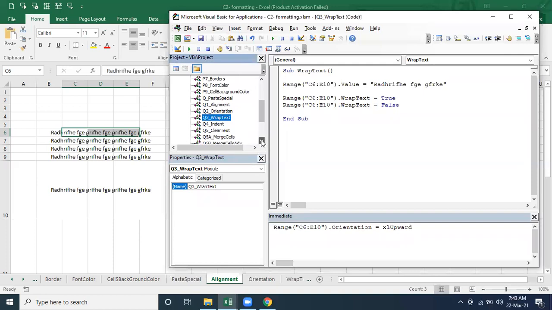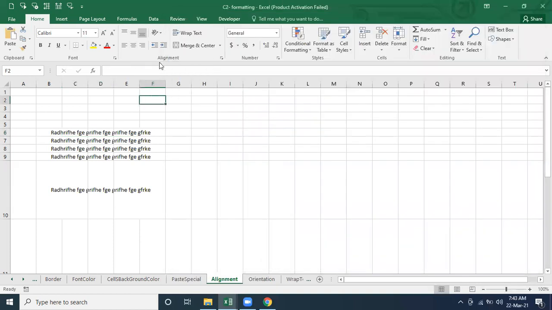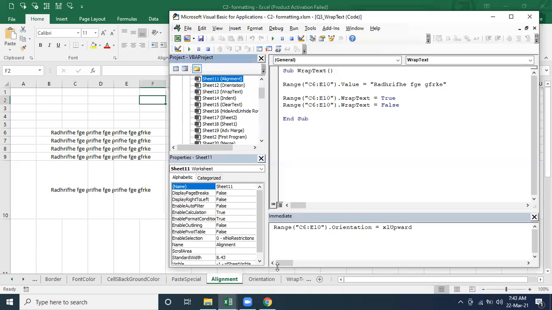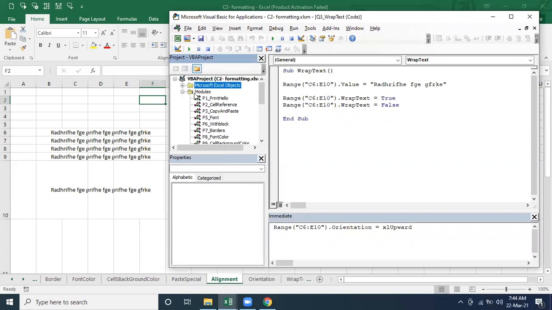Next, that is the indentation. So this is the indentation option. In the same way, we have to use Range.IndentLevel and specify the value. What value can we pass? We can't pass a negative value. It should start with 0, and then we can define any number for that value. But Microsoft VBA is telling you not to assign more than 10. So we can pass the indentation 0 to 10 or 0 to 12 maximum, but we can specify any integer value.